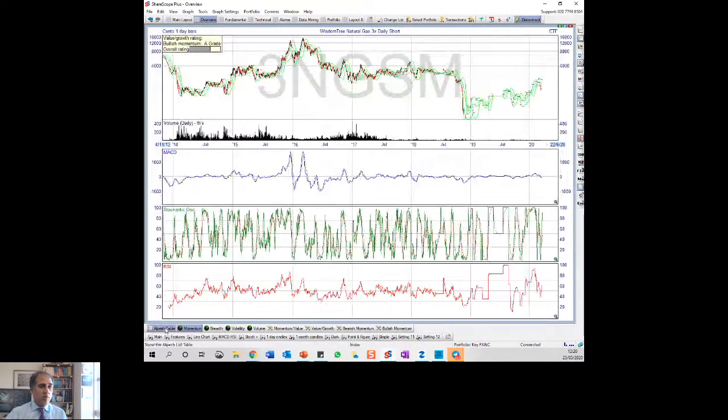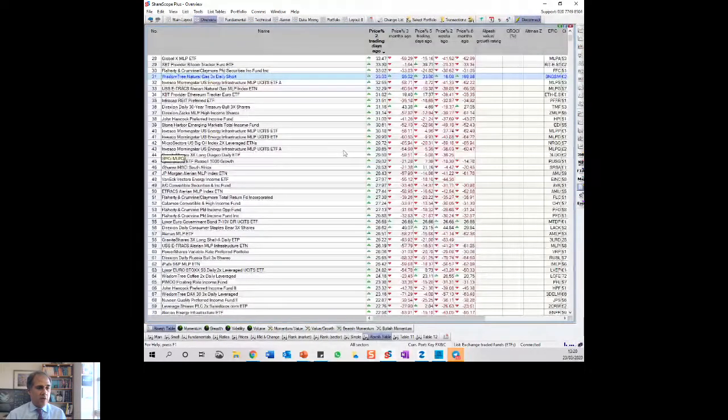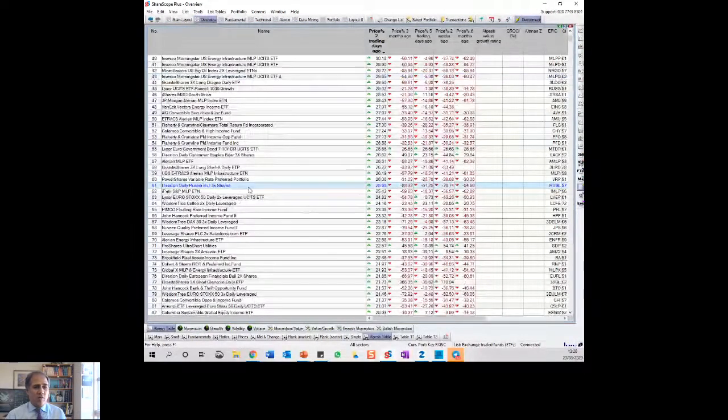So I can show you stuff you might want to research yourself, but I'm not saying that I have looked at any of these. I mean, of course I've not looked at Daily Russia Bull 3 times shares, which are up 25%. Because tomorrow morning, look, that could be down 88%, and it has been over 3 months. And I'm not in the business of trying to find things which have fallen 90% and then see if I can just get a bump on them.